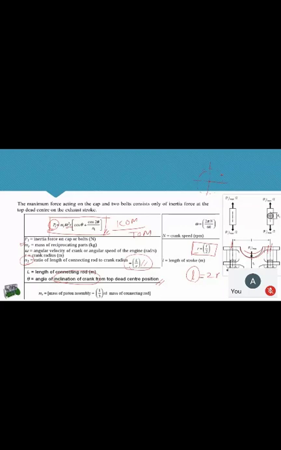Okay. So suppose this is the crank radius r, and from this position, suppose for example this is TDC and this is BDC. When the piston is completing its stroke from TDC to BDC, how much distance is it covering? 1r plus 1r, that is 2r. That is why you are taking L equal to 2r. Correct? Everybody? Yes, sir.